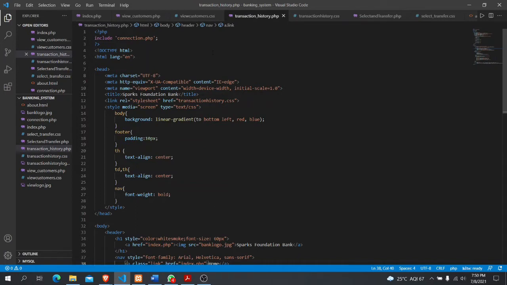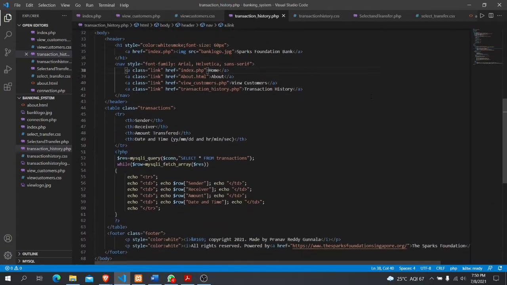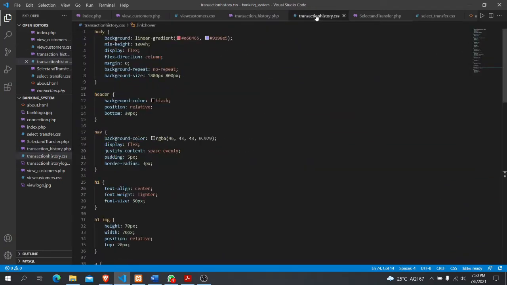This is the transaction history.php file. It shows the transactions that happened between a sender and receiver. This is the CSS file of transaction history.